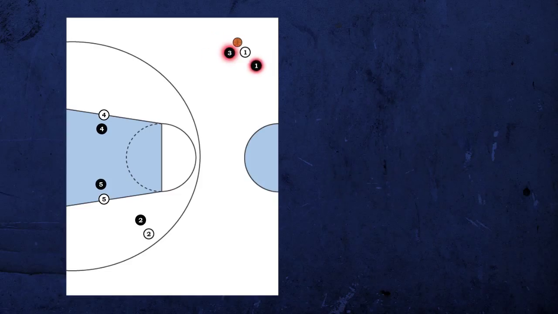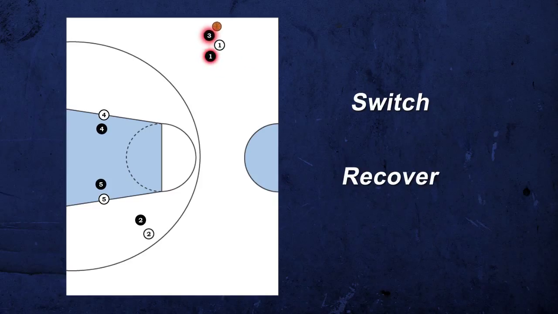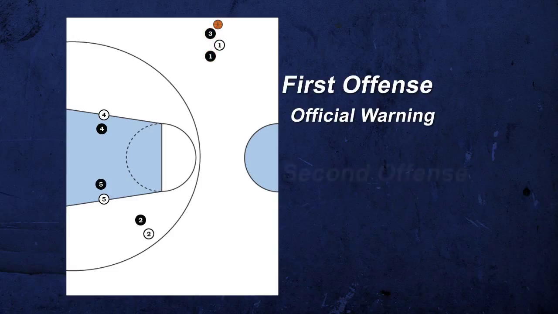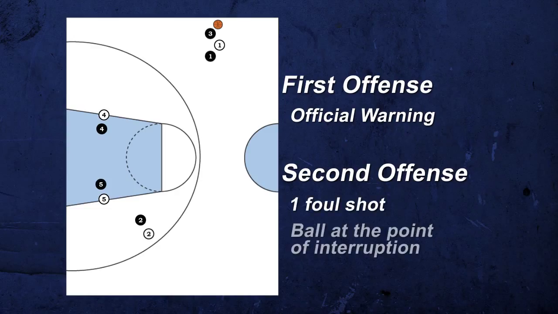If a steal occurs during a momentary double team as a result of help and recovery defense, the referee will blow it down and return the ball to the offense. If, however, the referee feels there was no clear attempt by the defense to switch or recover, the steal will now be considered a double team and will result in either an official warning for the first offense, and for the second and subsequent offenses, the offense will get one foul shot and then receive the ball at the point